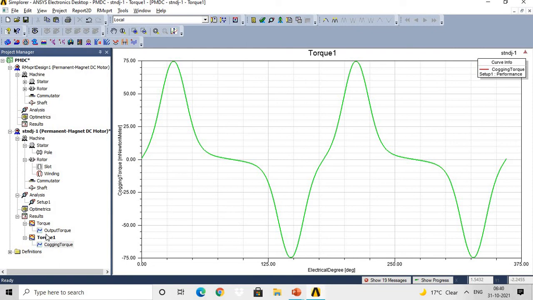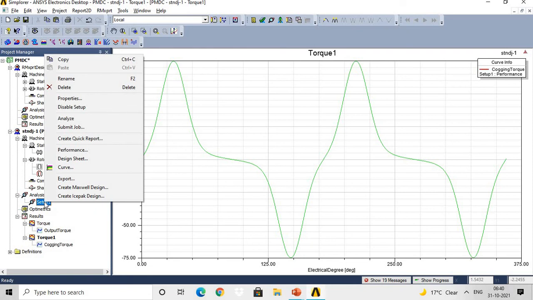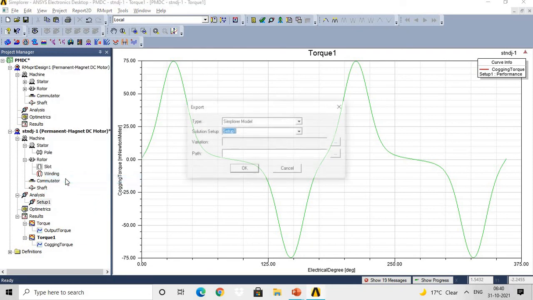So thus we have discussed the create quick design report. Then if you right click here, there is another option, like export the information.